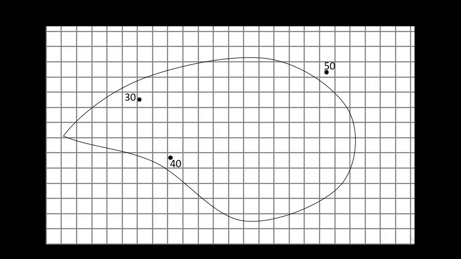It's a little bit more complicated here because I've overlain a grid. Let's assume that each one of these little squares here is 1 kilometer, so 1 kilometer squared, I should say. So we have the area here, and we're going to use counting to figure out the area of our